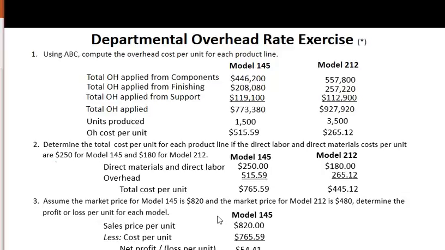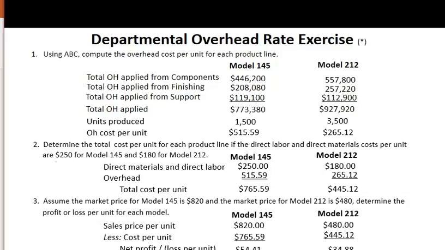$54.41, which is considerably different than the example under my single department overhead allocation, my single rate overhead allocation, and my departmental overhead allocation. Now I take a look at model 212. The sales price is $480 and less my cost per unit of $445.12. And instead of the losses that were produced under my other two methodologies, the single overhead rate and the departmental allocations, I'm actually showing that I make a profit of